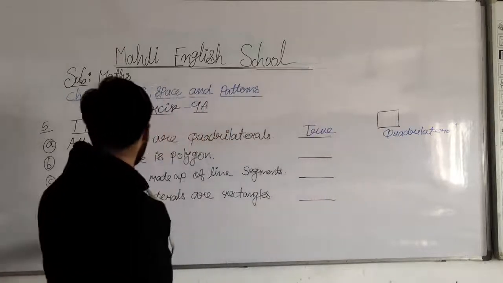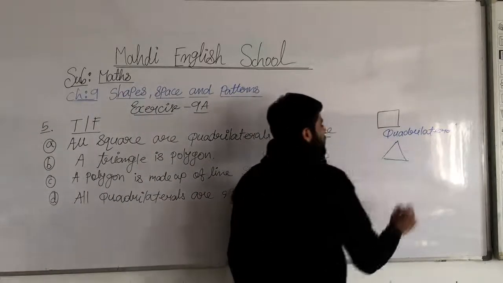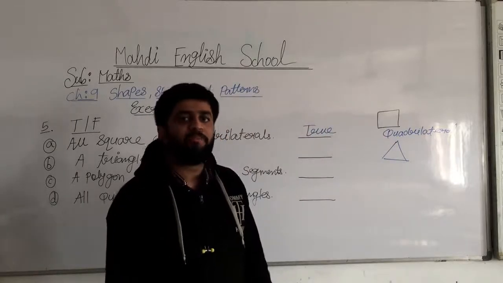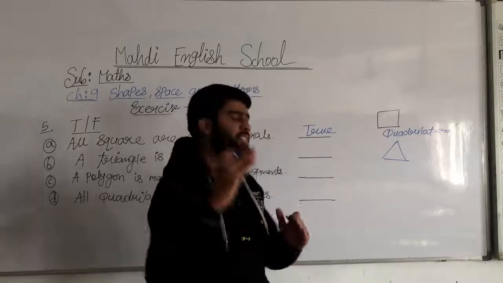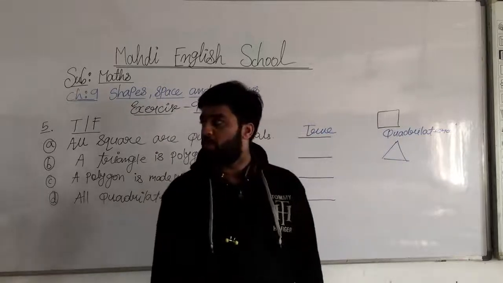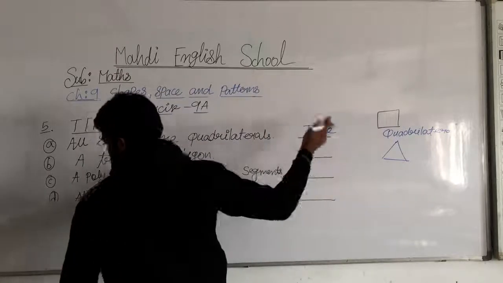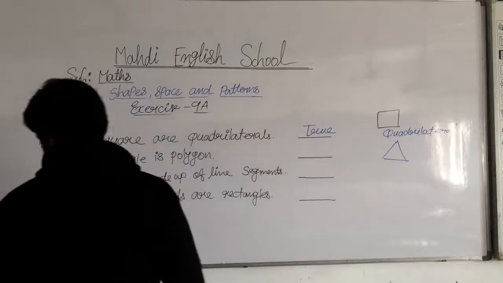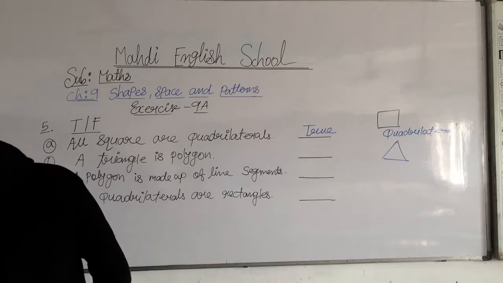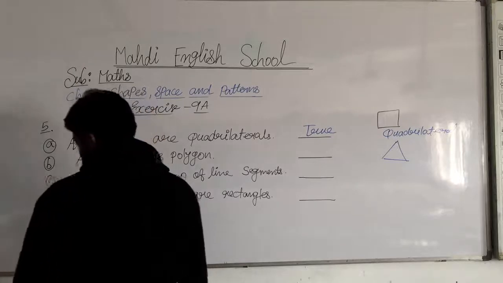But my point, my dear students, further: the triangle is a polygon. See here is the triangle. What have we learned about the types of polygons? Yes, triangle is a type of polygon, a part of the polygon. Polygon means sides. See, these are the segments, 1, 2, and 3. The segments are in proper arrangement. So that's what we have mentioned here, my dear students. All squares are quadrilaterals.